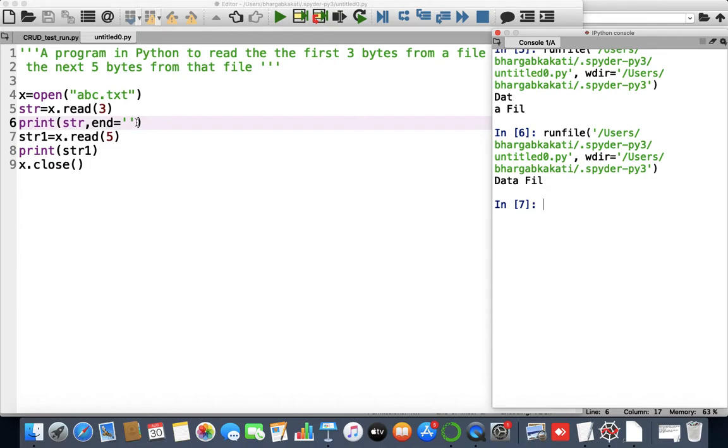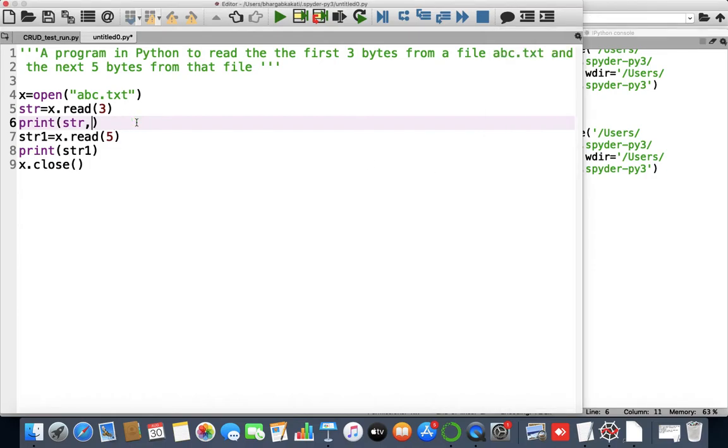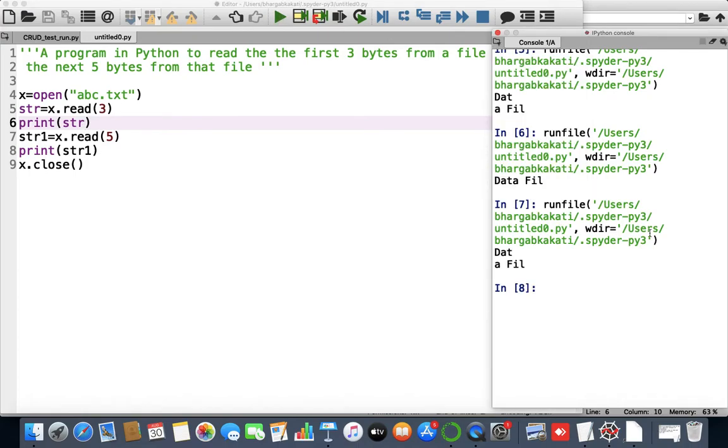Okay, if you do not give this end character, what happens? After reading the first 3 bytes, it will leave a blank line. Why will it leave a blank line? Because print by default, after displaying anything, returns the cursor to the next line. So if I run without giving the end equals to empty string, then I'll get the output in different lines. Okay, so here what we did, we read the first 3 bytes and then the next 5 bytes from that